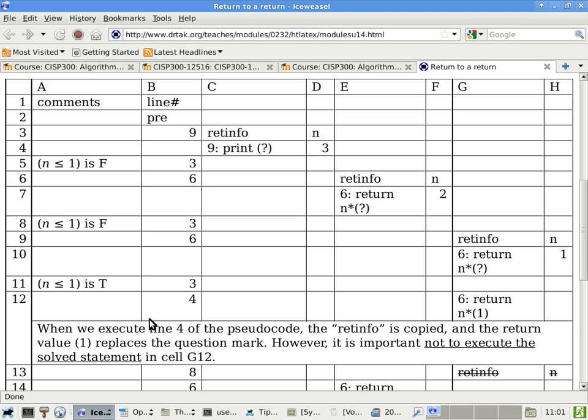Any other questions about the Fibonacci trace or the homework assignment that is due next Wednesday? No questions? Okay. If there are no questions, we'll continue and combine return values with more stuff that we have